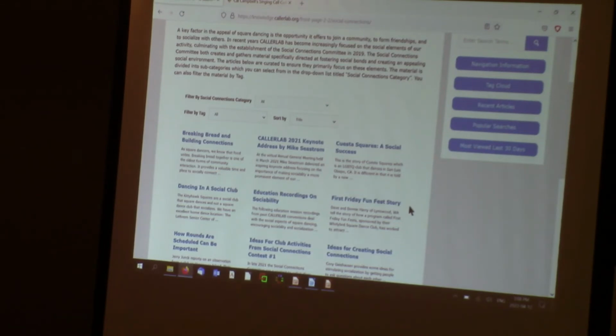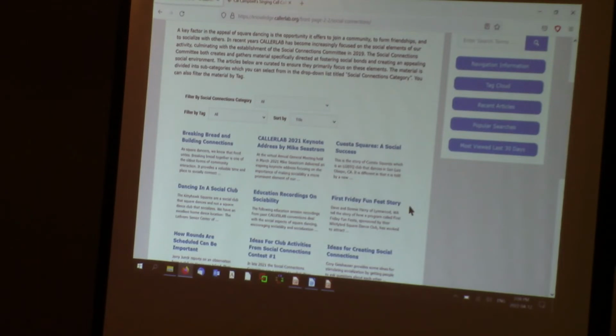When the Social Connections Committee got going, they started first gathering material and then generating material about the social connections aspects of our activity. So they are all gathered together under this social connections section. The thing to keep in mind is that the articles in there deal maybe not absolutely exclusively with social connections material, but it is definitely the focus.